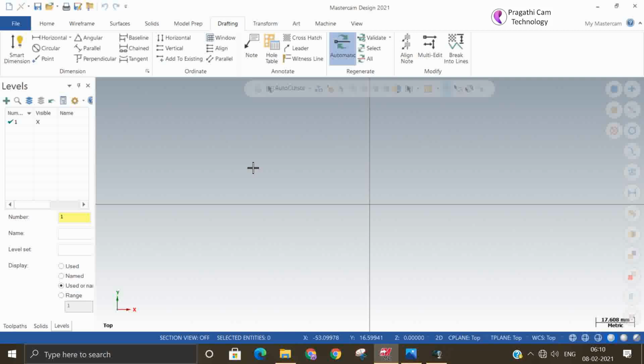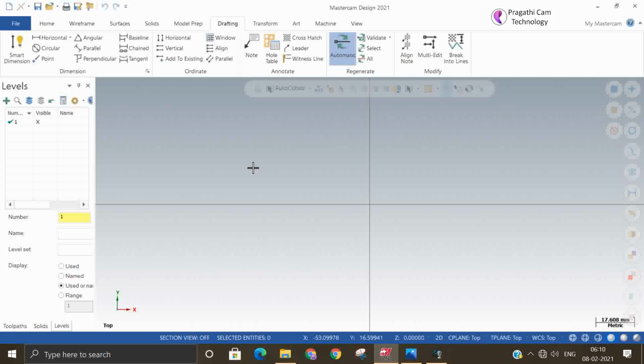So this may be the base for you in future if you want to make any solid model or surface model. In this example, we are going to make one 3D wireframe model.